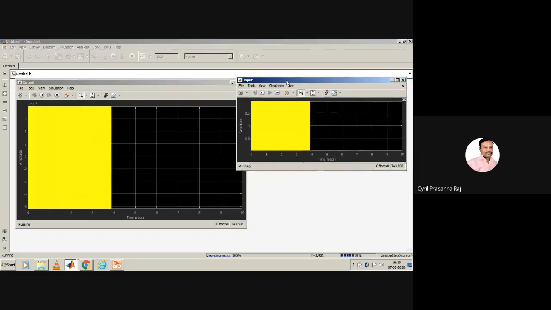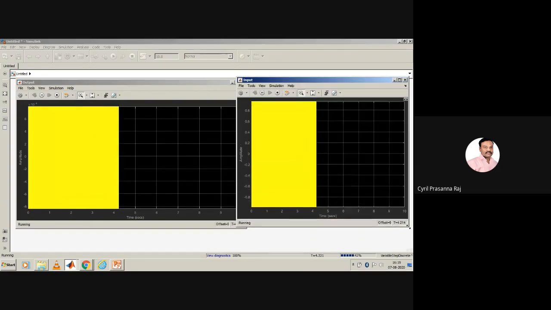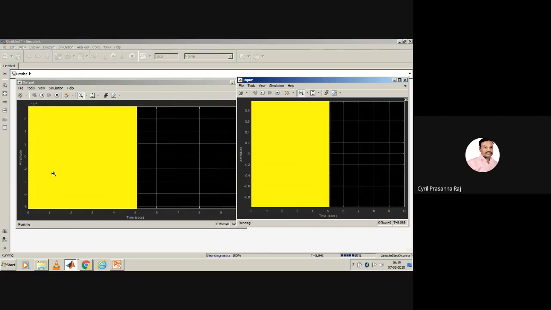So we are able to see that on one side we have the input, which is 6000 hertz. On the left hand side, this is the output that is generated from the filter. Now let us see once it completes the process.